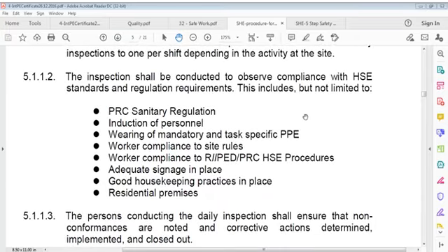Inspections shall be conducted to observe compliance with safety, health, environment standards and regulations requirements. This includes but is not limited to sanitary regulations, induction of personnel, wearing of mandatory and task-specific PPE, worker compliance to site rules, worker compliance